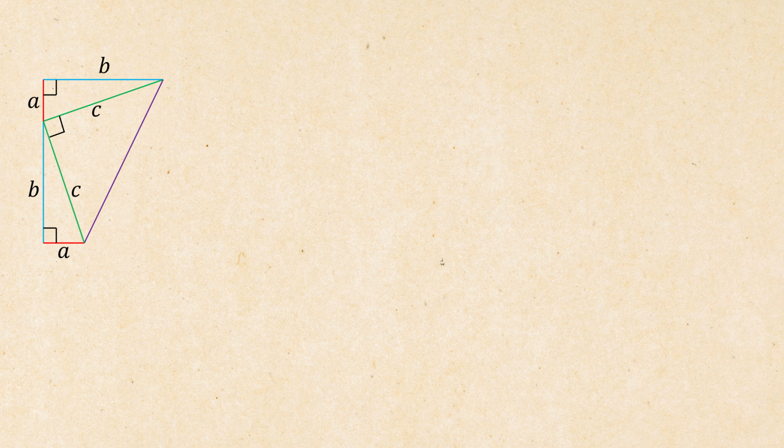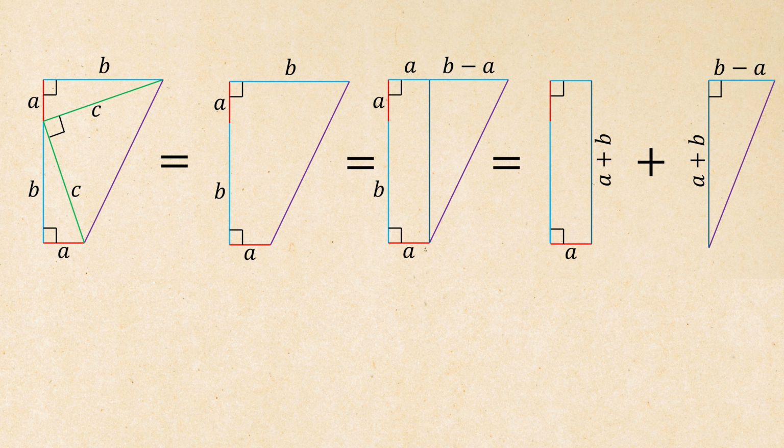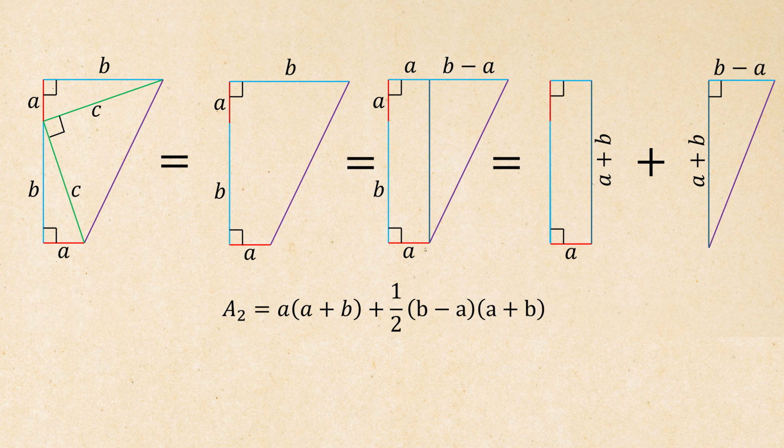But that's not the only way to compute the area of this shape. In fact, if we declutter this image a bit, we can see that this shape is actually a trapezoid. We can use the area of a trapezoid directly, or simply decompose the trapezoid into a rectangle and a triangle in the following way. The area of the rectangle is A times A plus B, and the area of the triangle is 1/2 times B minus A times A plus B, giving us another way of computing the area, which